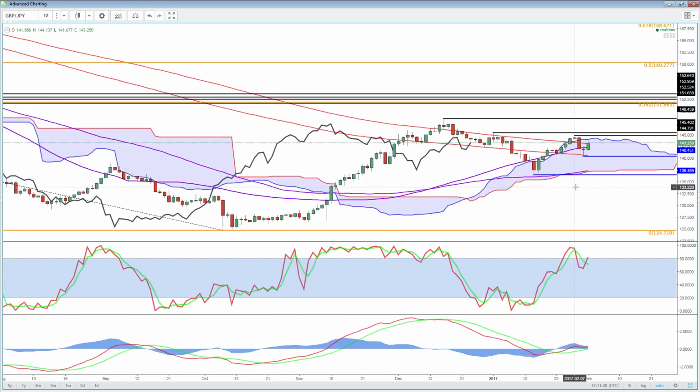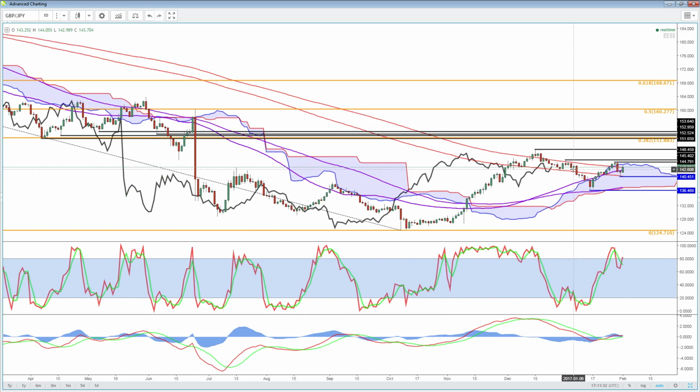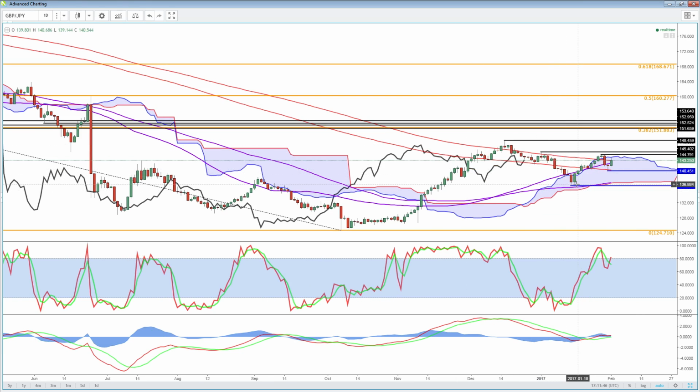Sterling is also starting to perform well once again against the Japanese yen. The yen, of course, we're still seeing the Bank of Japan undergo its own large stimulus program. It's committed to keeping the 10-year yield close to or around 0%. We did see the pound fall back when it ran into a little bit of weakness, and we were seeing that safe haven buying. But we are seeing the pound, or sterling, rally once again since really the middle of